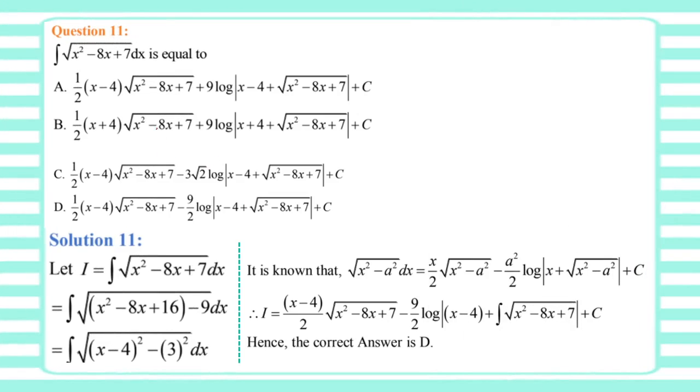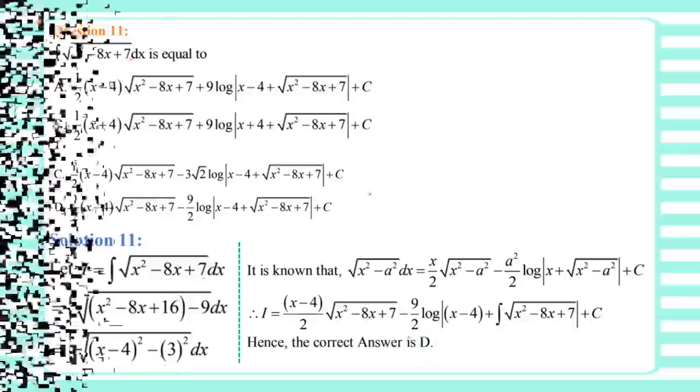Now question number 11. Here what can we do? Again the same format as given. First of all, try to make it a complete square. So what can we do? 7 can be written as 16 minus 9, right? Or otherwise same way you can take the coefficient of x, take its half and then do the squaring. Means 16 we have to add and 16 we have to subtract, right? And this will be the form of x minus 4 whole square minus 3 square. So this is x square minus a square. Put the values here and apply, solve, and D option is the right answer that you will find.